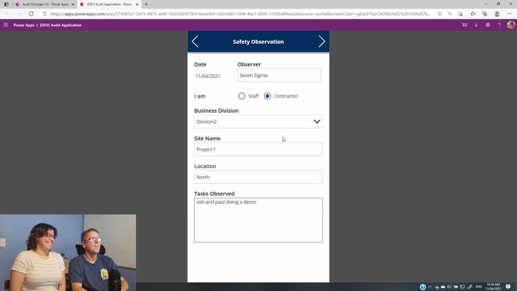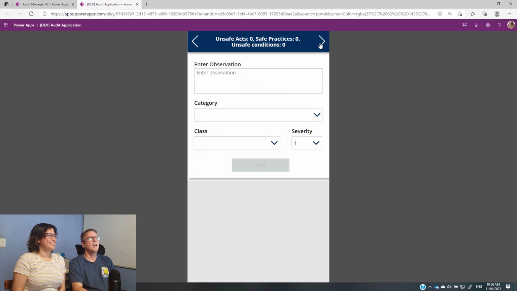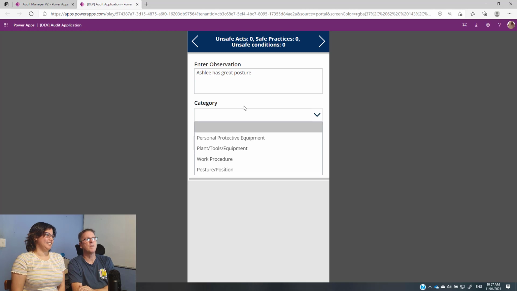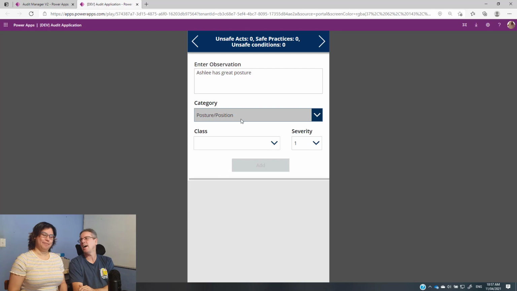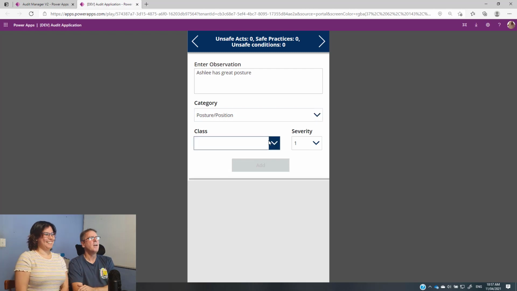There we go. So I click next, and it goes, cool. So what did we observe? And so let's say Ashlee has great posture today. This is a safety scenario, by the way, folks. Because you basically go, so what category is this? We'll put this in terms of, look, posture. Posture and position. You've already got it sorted. And so that is a safe practice that you did, and we'll give that a severity